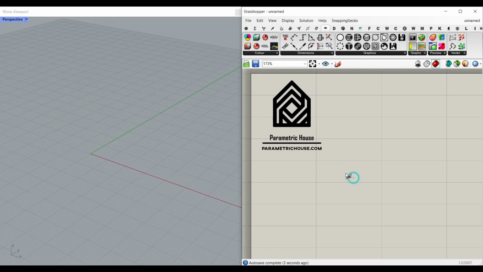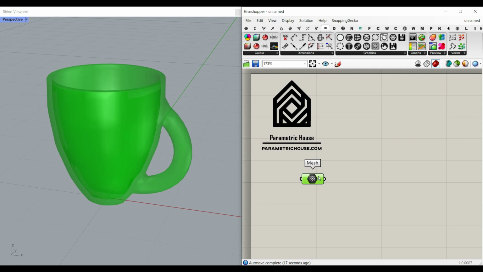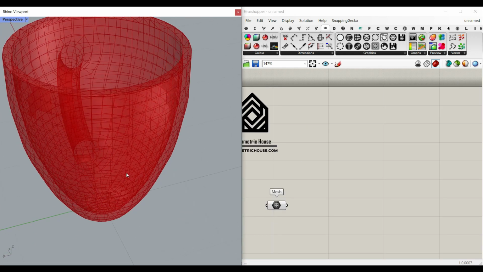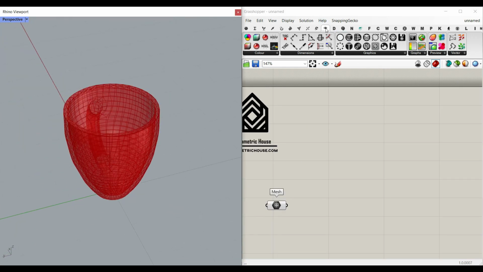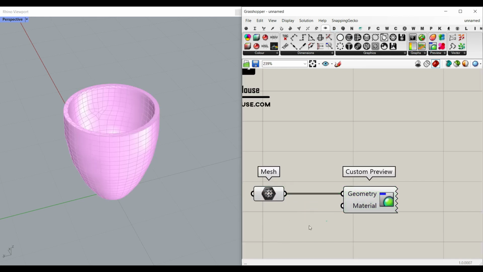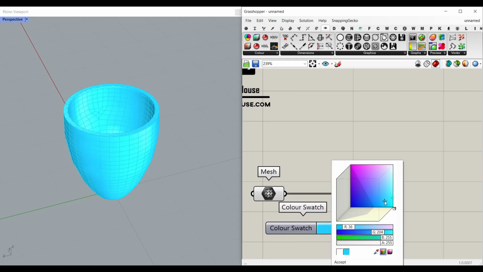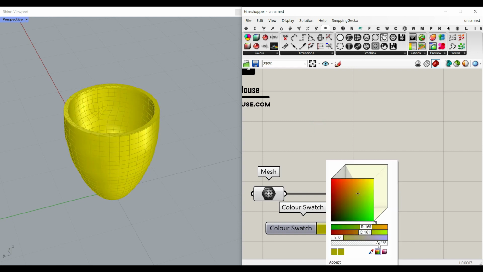First, what I want to do is to use a predefined mesh. So you can see that I have used this mesh. If you want to see the mesh better, you can simply go to the display and use this custom preview to give it a little bit of a material. You can also use the swatch to give it a color, for example, maybe yellow,